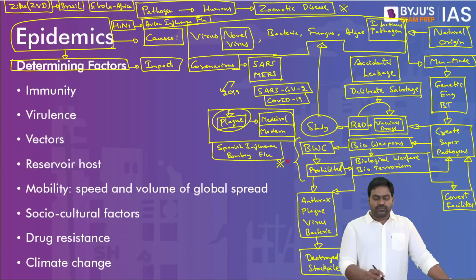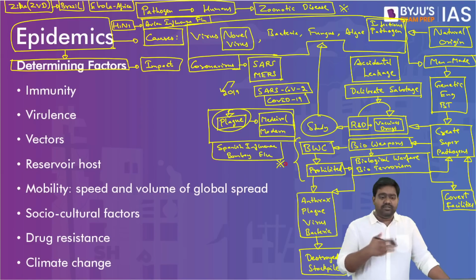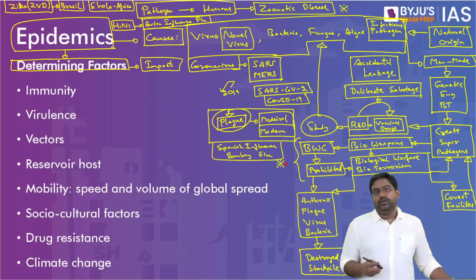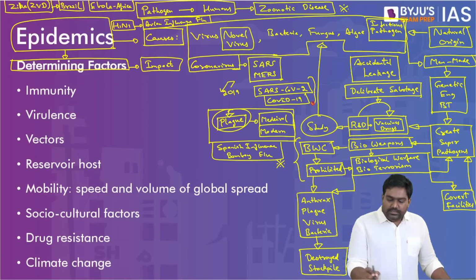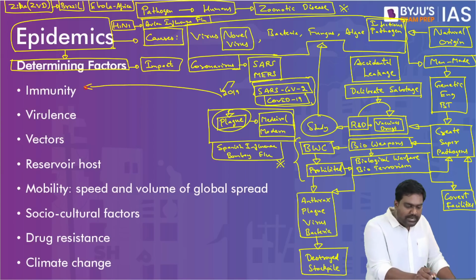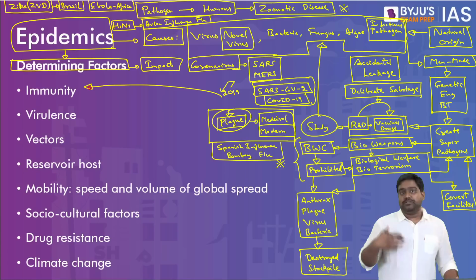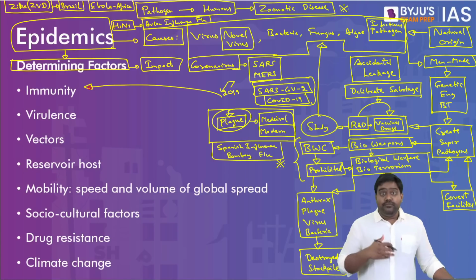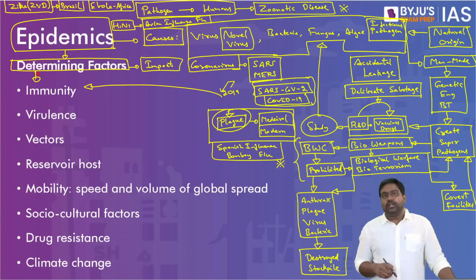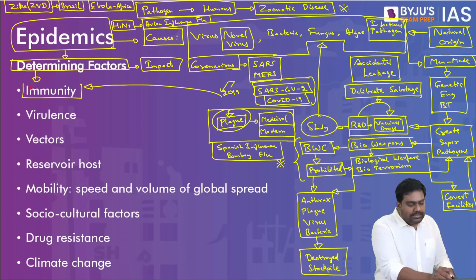After that, the rest of them were pretty minor, right? Like SARS and MERS and even HIV, we could tackle and contain the spread. But what really took us by surprise was the uniqueness of SARS coronavirus 2, the uniqueness of COVID-19, the features of it, the factors associated with it, and the manner in which it spread so quickly. So, what determines the impact of such disasters is first